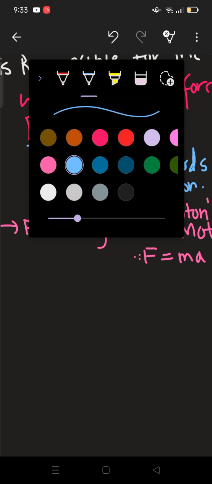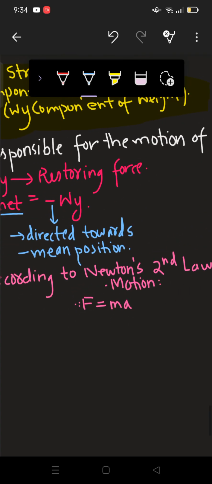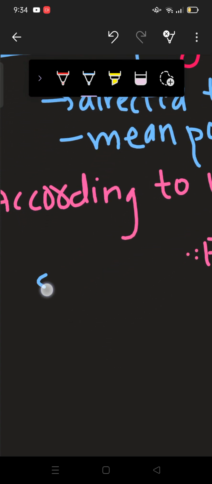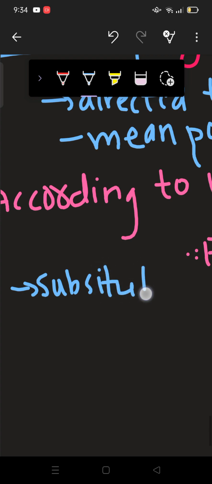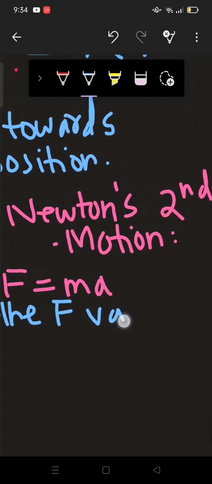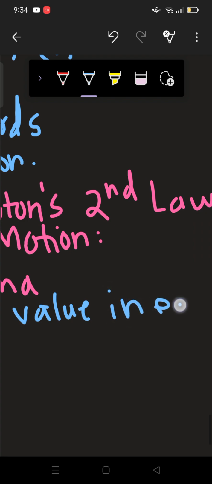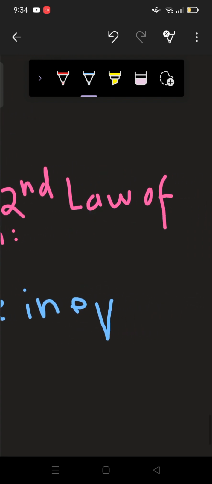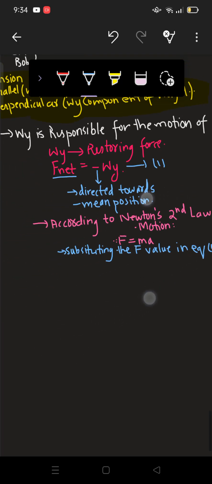Let's substitute this value in the first equation. This is our first equation. So substituting the F value in equation 1, then what it becomes,